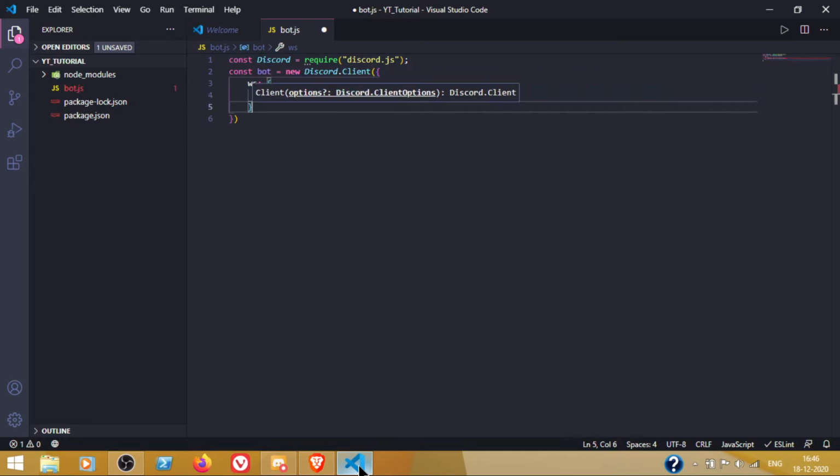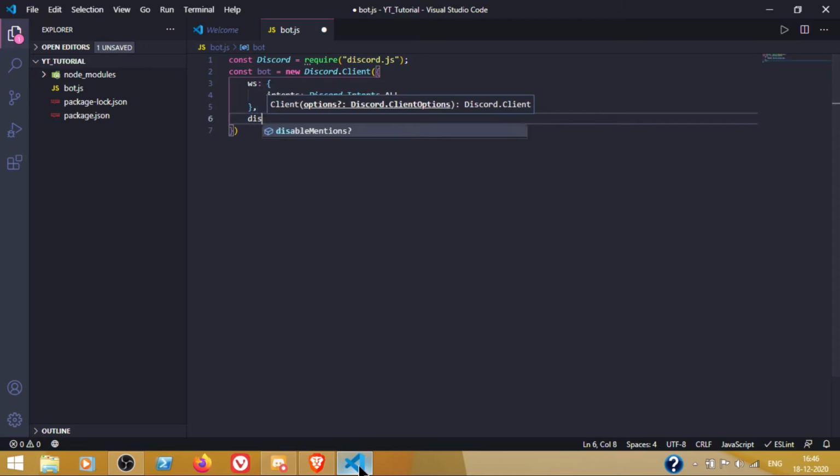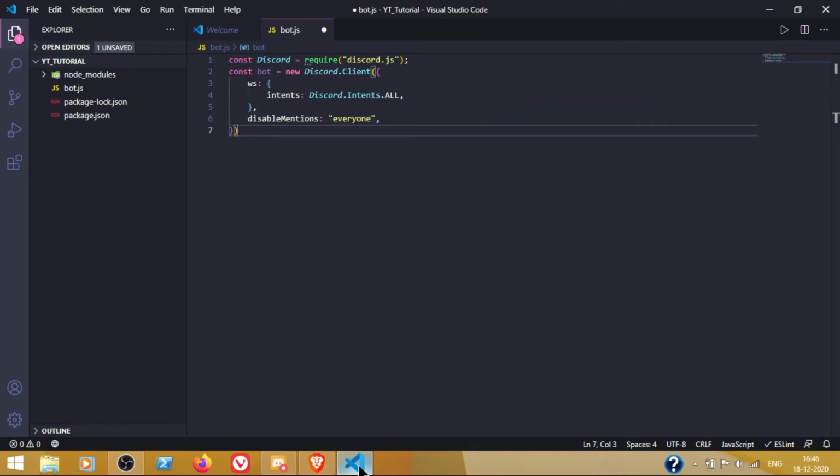Okay, and then after doing that, I do not want my bot to be able to mention everyone, so disable mentions everyone. Now all would be a bit too much, so I just remove the perms to do that. Okay, yeah, so we just made our client, but now we need to log it in. Alright, so we want it to log in,